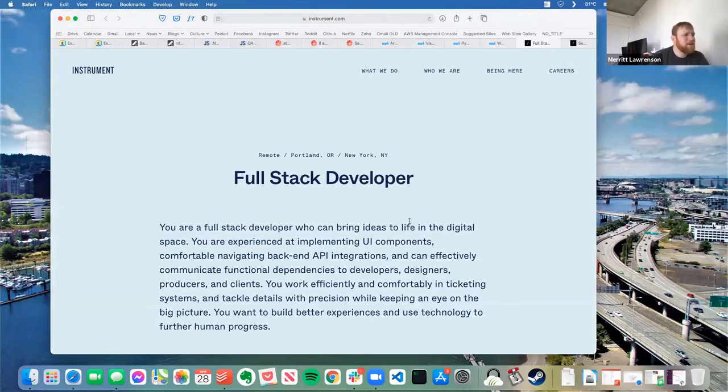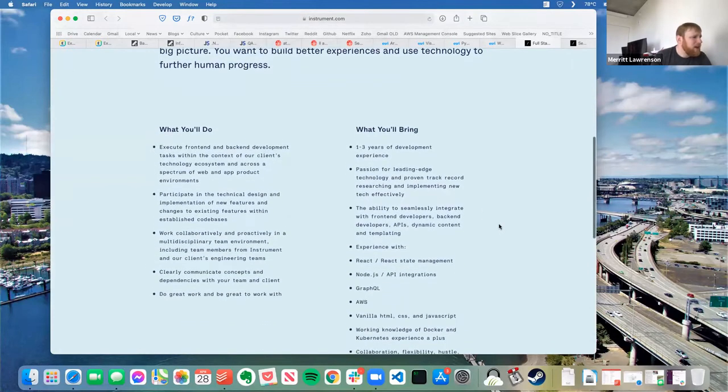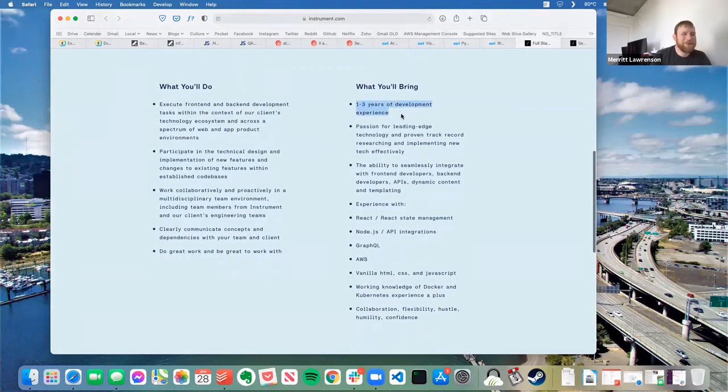And finally, Instrument is another digital agency here in Portland. Without looking at the 1 to 3 years of development experience, let's look at what they ask for. They ask for experience with a bunch of different things. Passion, again, you'll see passion or interest a lot. And finally, just the ability to integrate with others on a team. Again, these are things that sound pretty basic, but don't neglect them. The best way to make your stuff stand out is to spit that right back in their faces on job